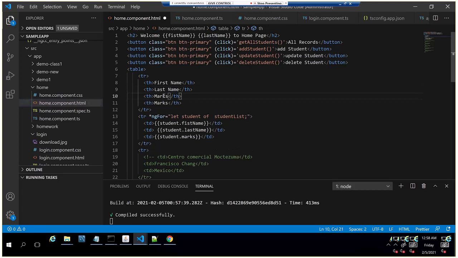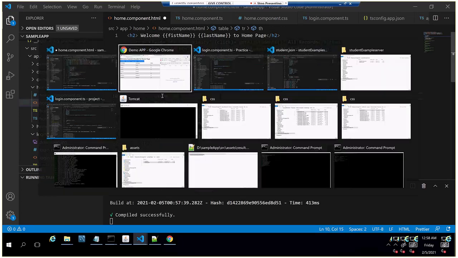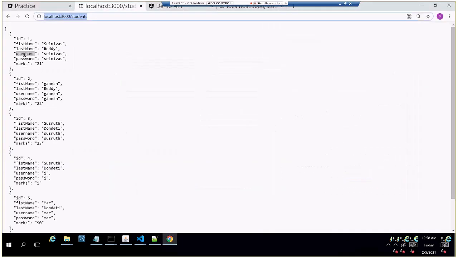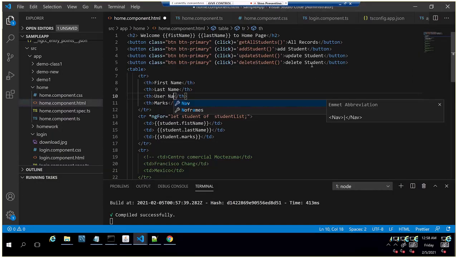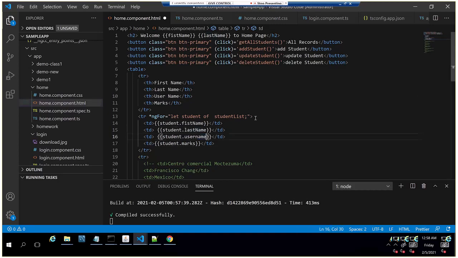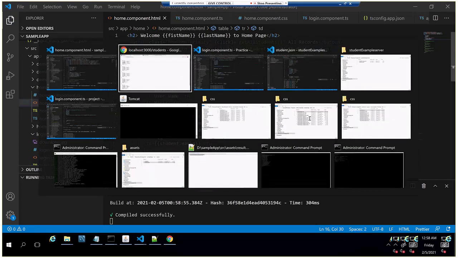We'll print the username here, so that it will be easy to view that change.